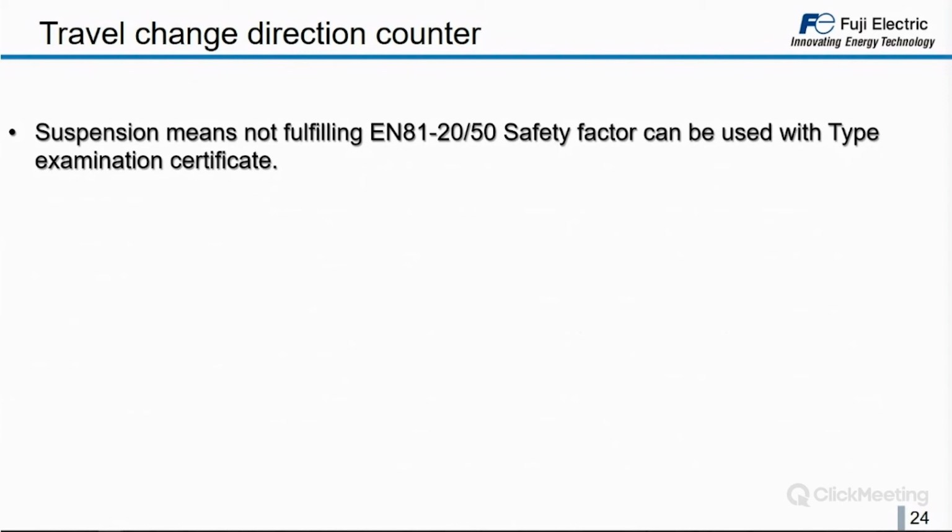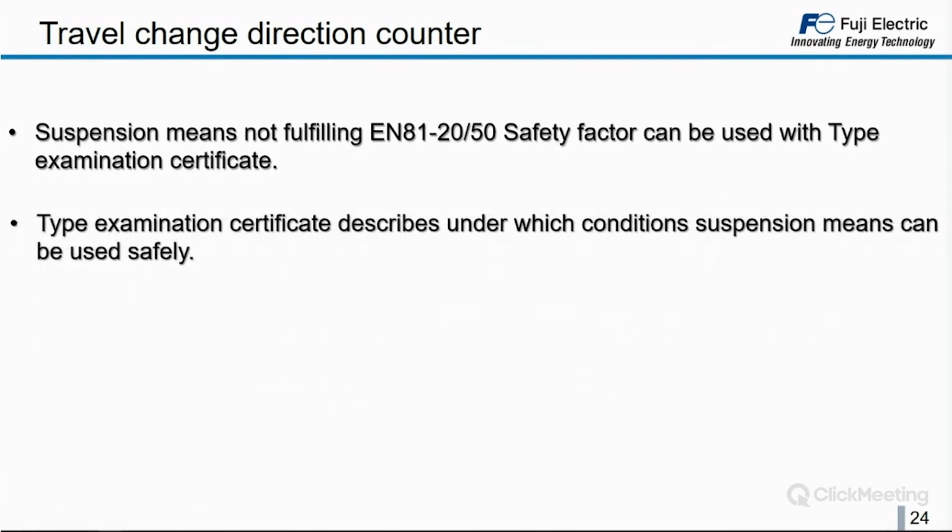Well, answering the question, what I said was not 100% correct because EN 81-20-50 does not speak especially about coated ropes or belts. It's not mentioned anywhere in the standard. But basically, the standard speaks about a safety factor. So the suspension means needs to fulfill a certain safety factor. The reality is that this safety factor is very difficult to reach, as it is described in the standard, for belts or coated ropes. Okay.